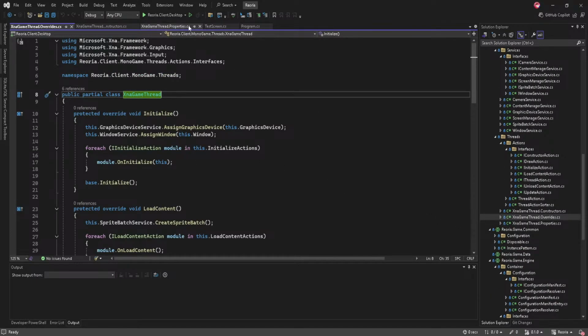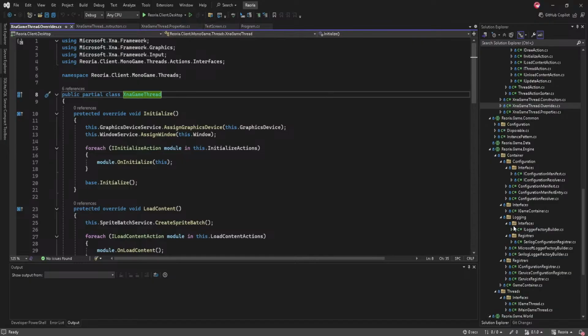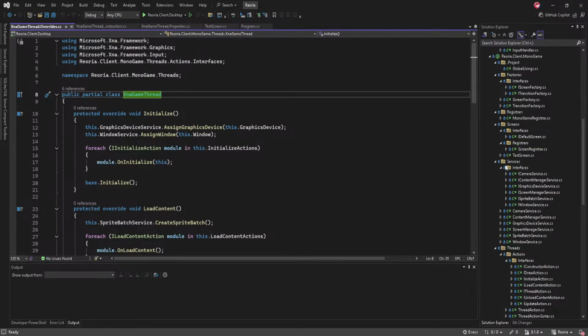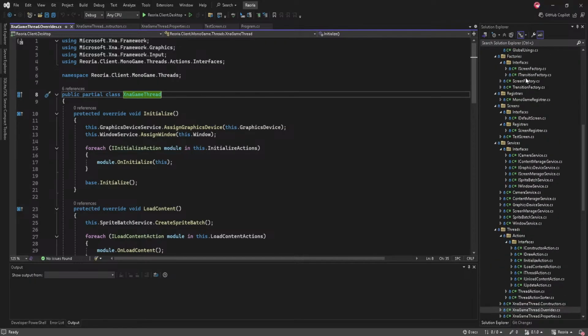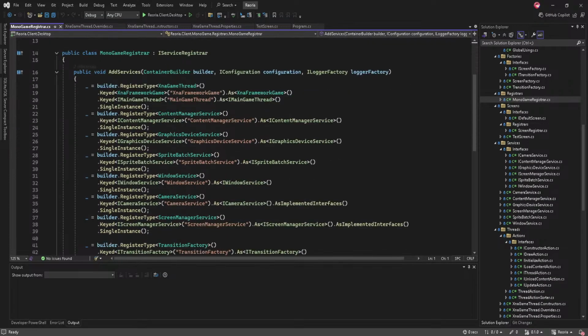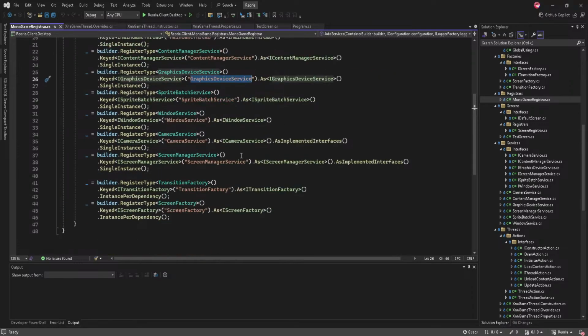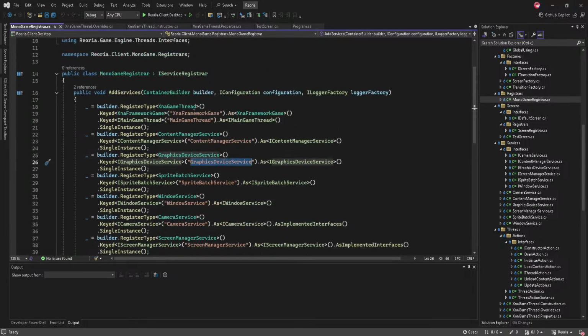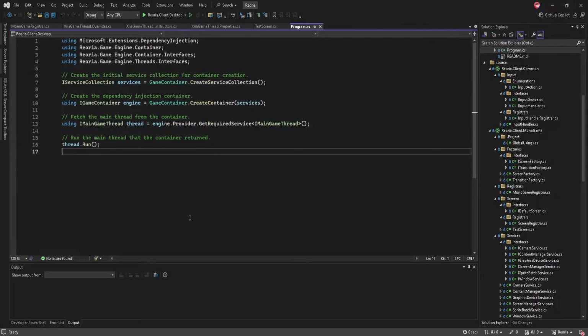Also, what I've done, if I look at the registers, where is it? Where did my MonoGame register go? R is above S. Okay, so I also keyed the services, so if we wanted to override them, we can. Now if a plugin loads and adds a graphics device and it specifically overrides this one, it would completely override the thing. Same with this one here. This gets the main game thread. So if I go into program.cs, I just do